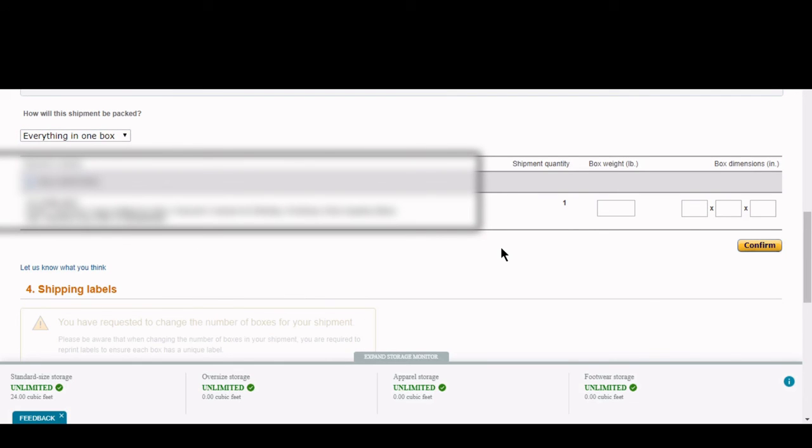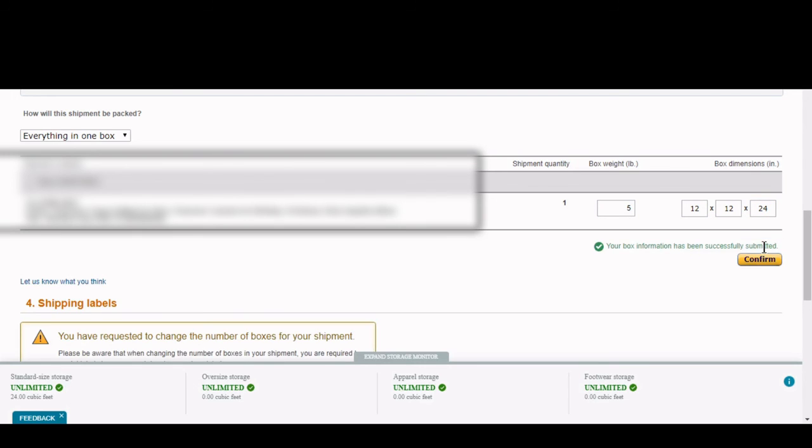And after clicking that everything in one box, you have to enter your box weight and your box dimensions. You have to put your exact box weight and box dimensions. You can ask this of your supplier, guys, and tell them to send you the correct, exact information. So after confirming, for example, let's say 5 lb and 12 and 24, and let's confirm. And after you confirm, guys,